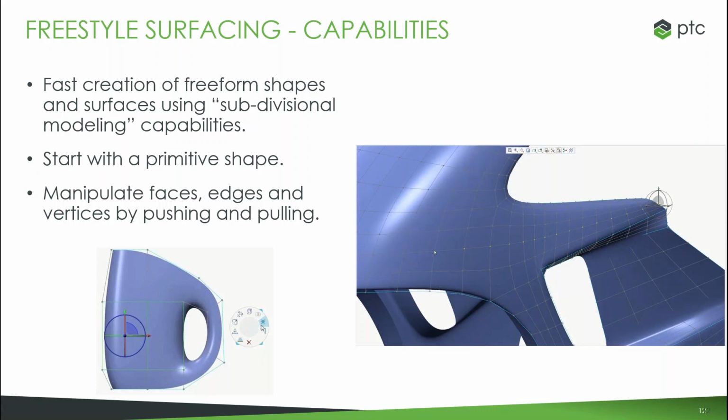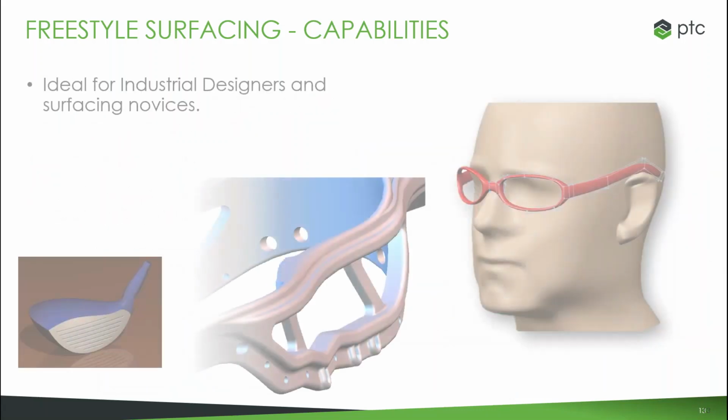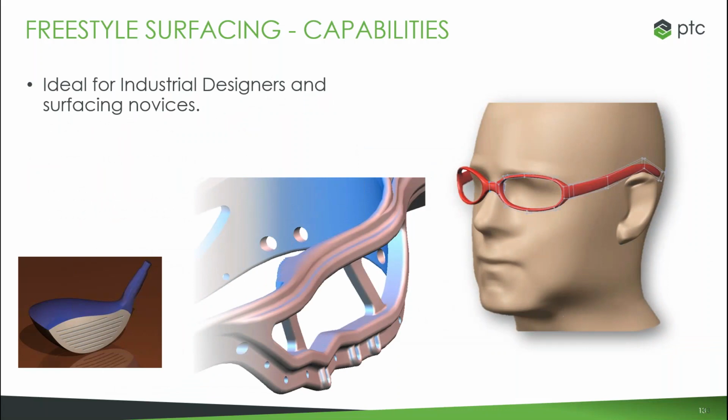If you still want to do that, parametric modeling is just fine. But as you start to get a little bit more freeform into it and want to make changes throughout that, this is going to be a really strong way to do that. And that process is really ideal for both the industrial designers and even more of your surfacing novices,